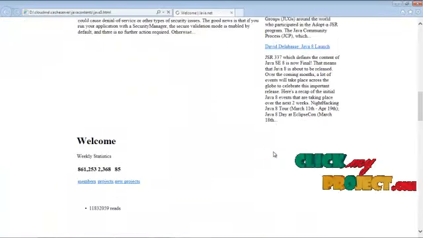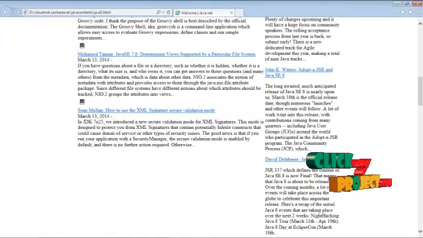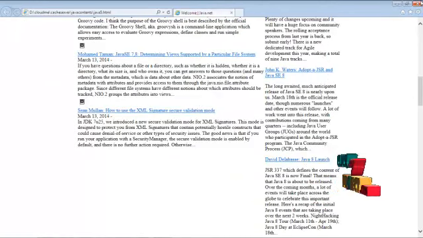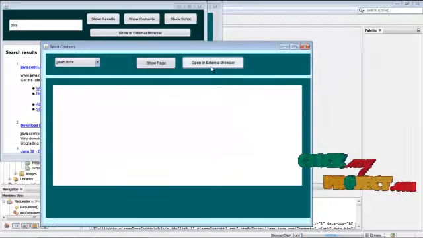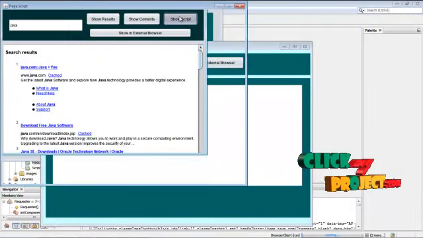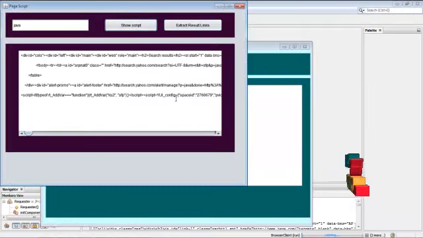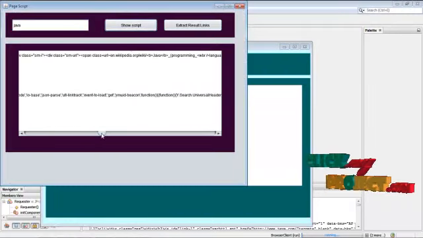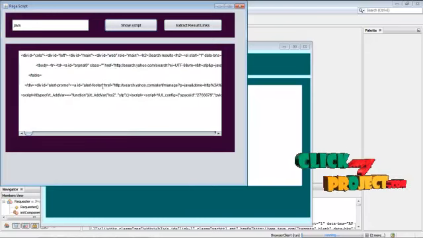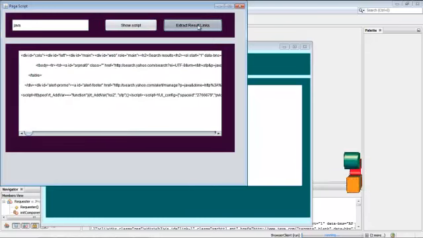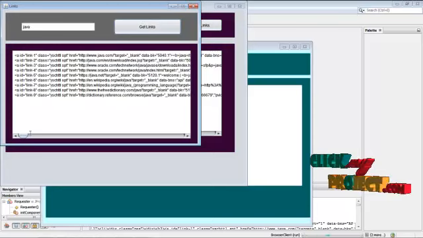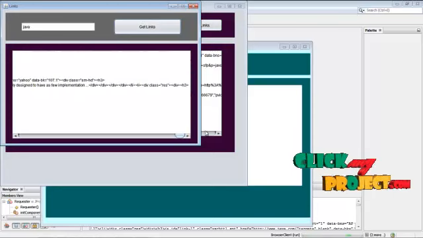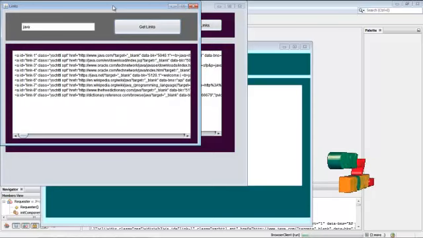This is the search content here for Java. Now the script of the page, the search result page script. This is the HTML script here. Then the result links. The links are also separated from the web results.